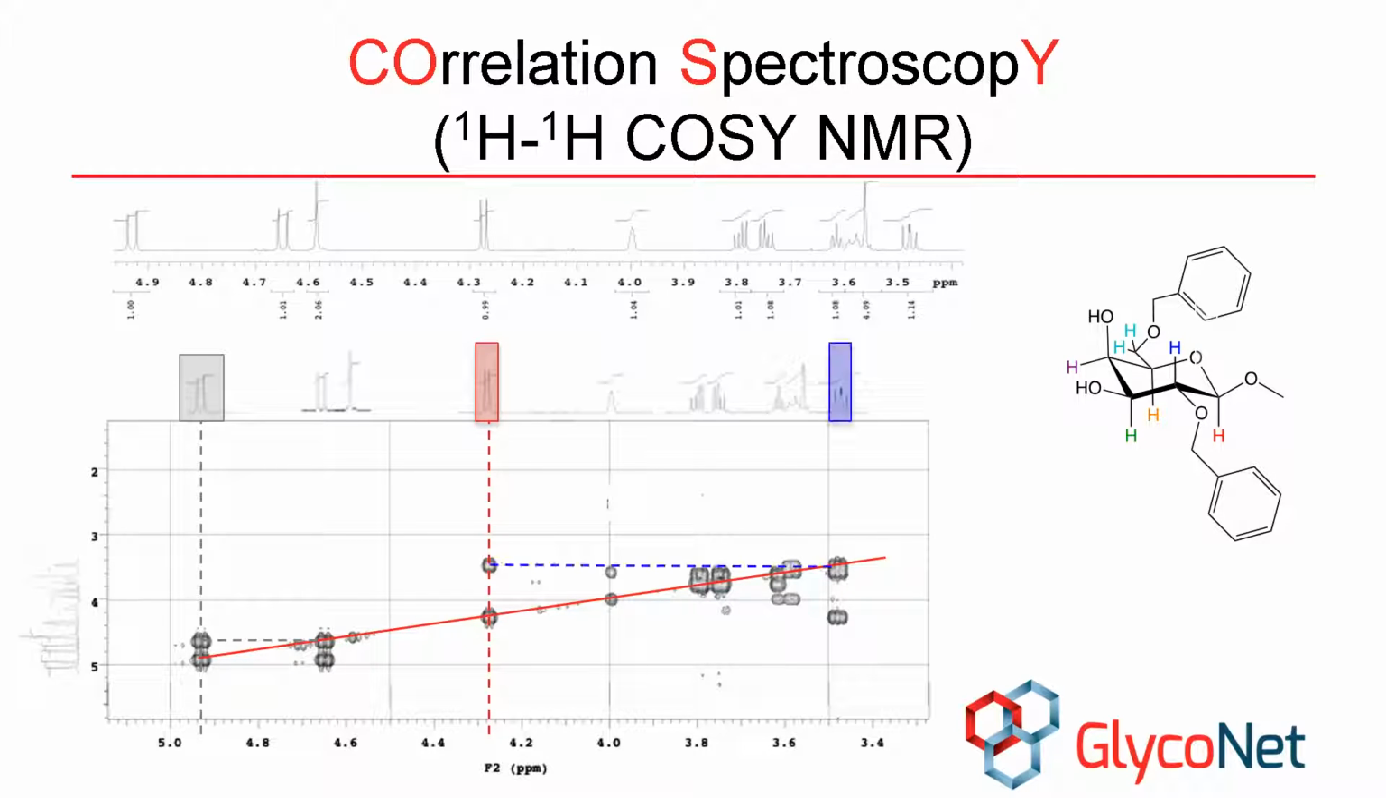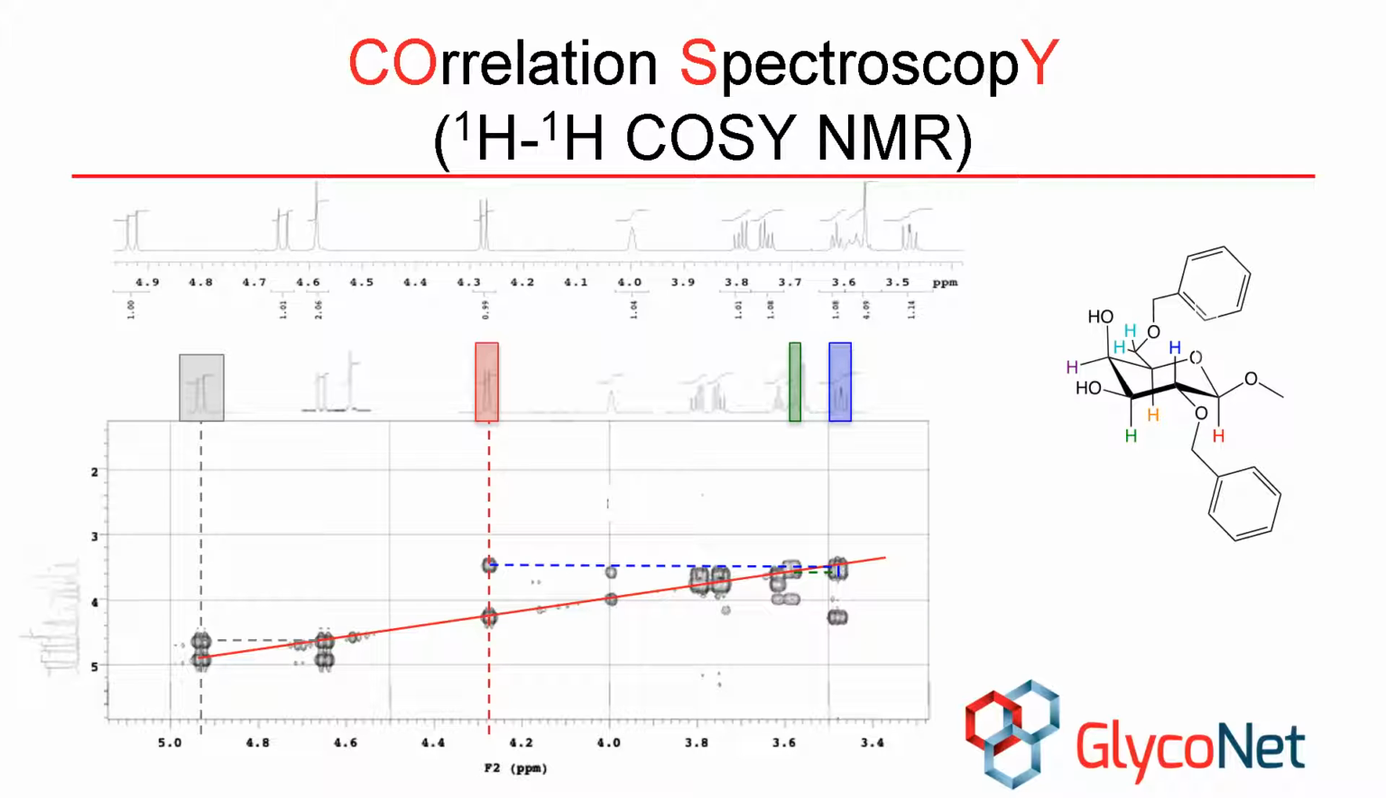which, if we follow the horizontal line to where it intersects the diagonal, we see that it is coupled to a proton that is a doublet of doublets at approximately 3.49 parts per million. Looking along the vertical of the peak at 3.49 parts per million, we see that there are two cross peaks, one at 4.2 parts per million and one at 3.59 parts per million. We know that the cross peak at 4.2 parts per million is due to the correlation between the blue and red proton. So our next peak of interest, the proton at position 3, must be the peak at 3.59 parts per million,